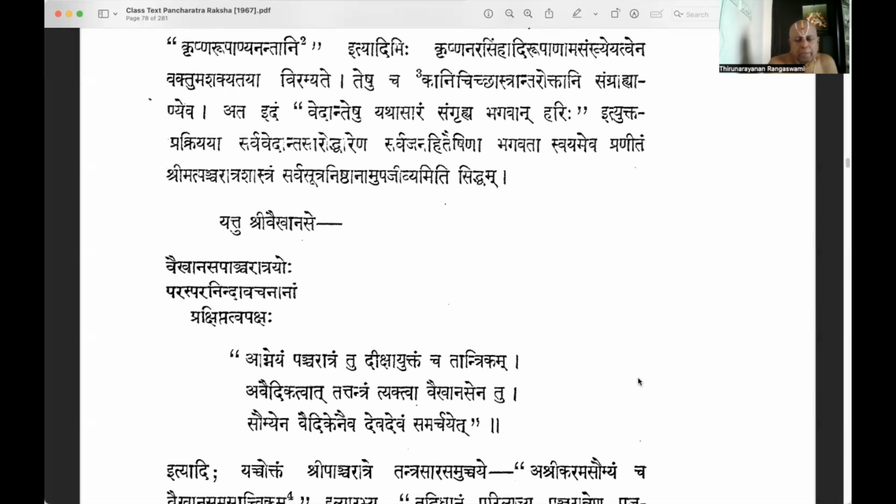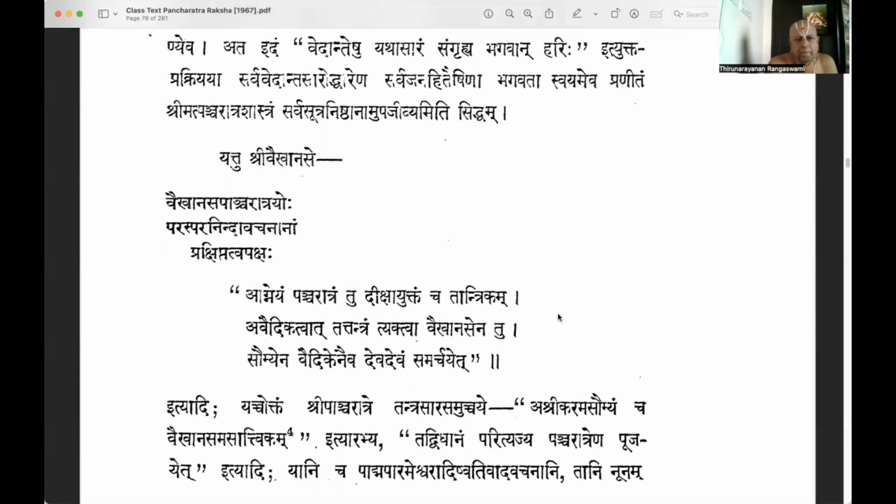Lord Vishnu has given a Pancaratra science in quintessence, in an abridged, brief manner. So, iti ukta prakriyaya, because it is said so in the process, Sarva Vedanta Sarodharena, because it is the essence of all the Upanishads put together, and it has been revealed,